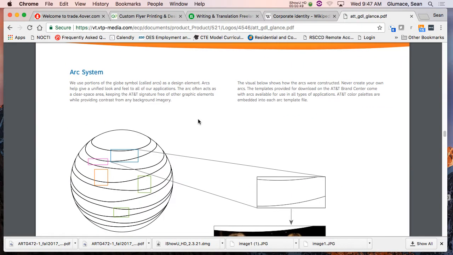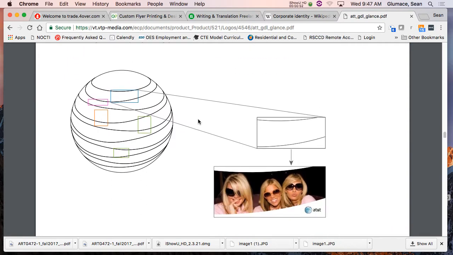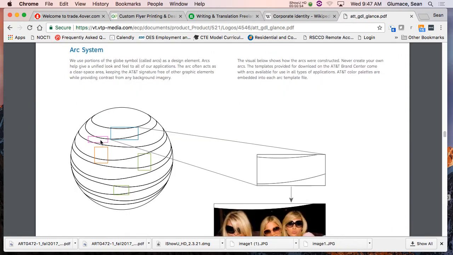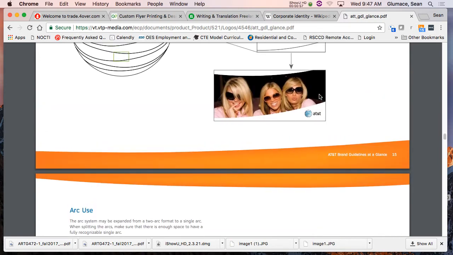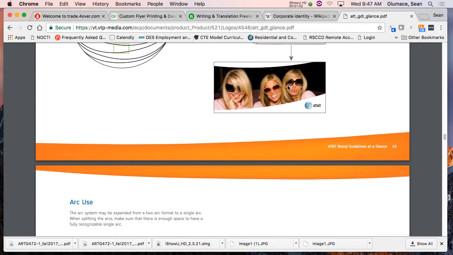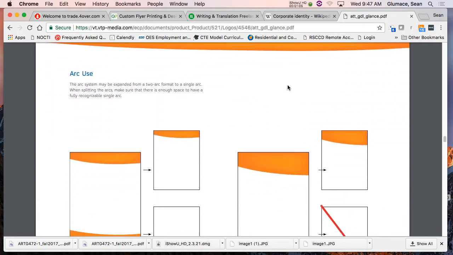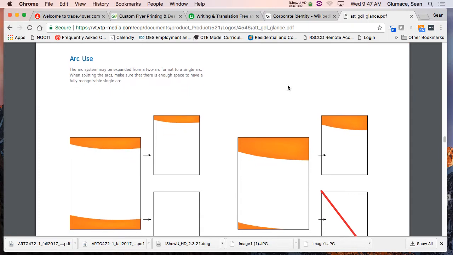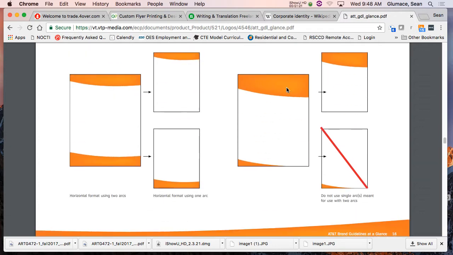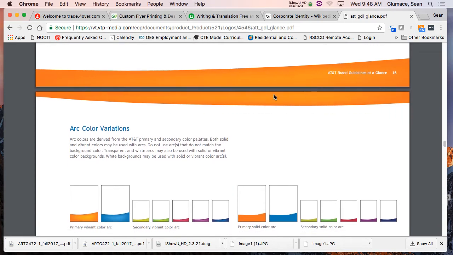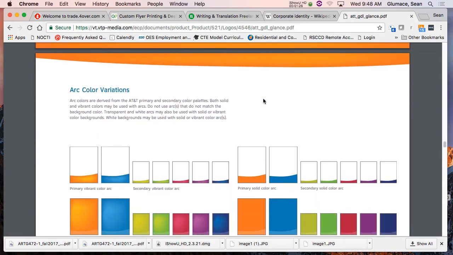They even have their own guide. There's the ARC system. So there you go. Pulling from these areas to create consistent cropping throughout all of your work. And the other reason I'm throwing this at you is when you start working for bigger companies, I hate to say it, there's no reason to think. They've already told us what they want, what we need to do. We need to execute and stay within these guidelines. You can be creative within these guidelines. But sometimes if the job needs to get done in 20 minutes, they've already done the work for you. We just got to put it together and get it out.